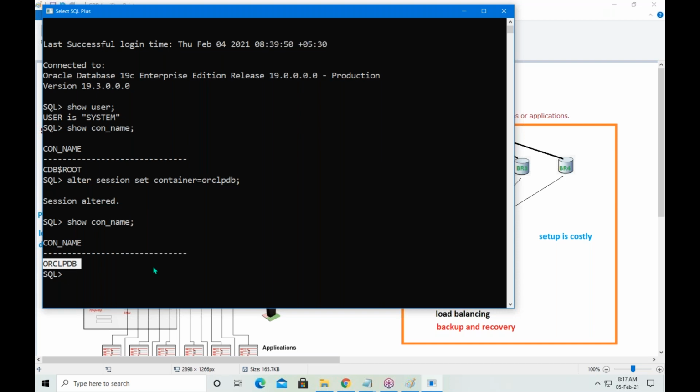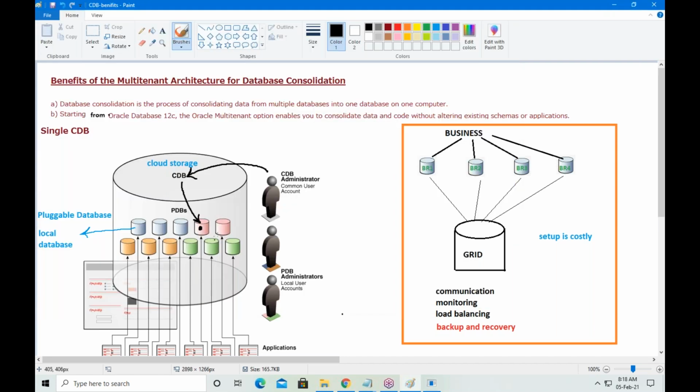A local database. Understand? Now the DBA is presently working with PDB, meaning the same user has switched into PDB. Here he will create the user account.